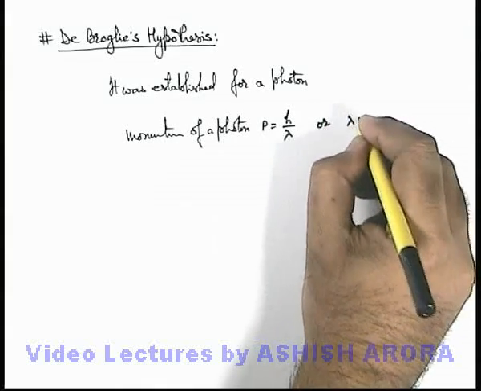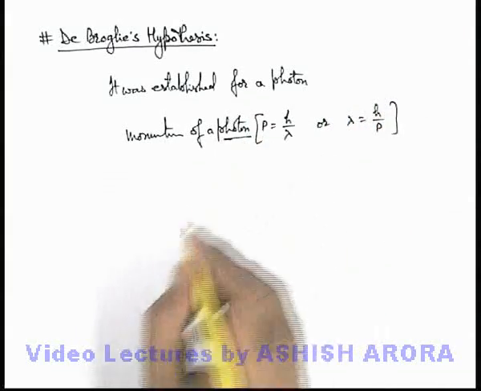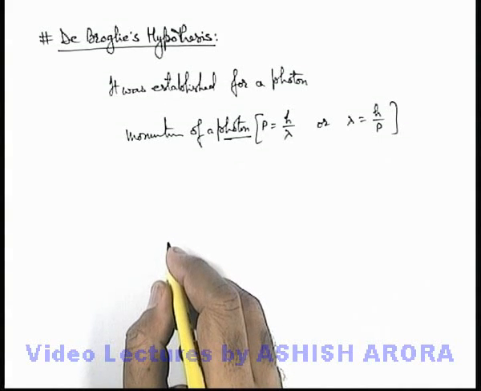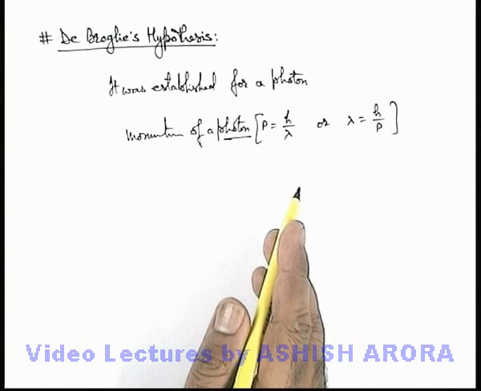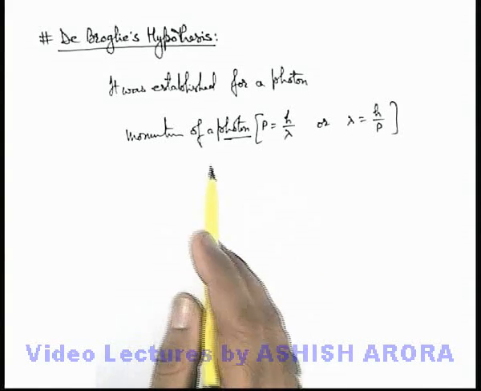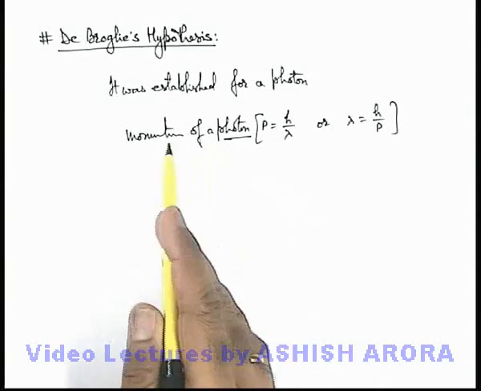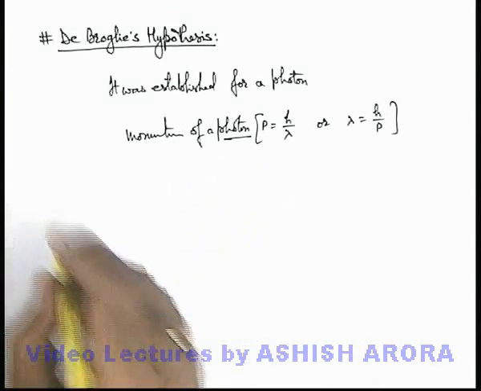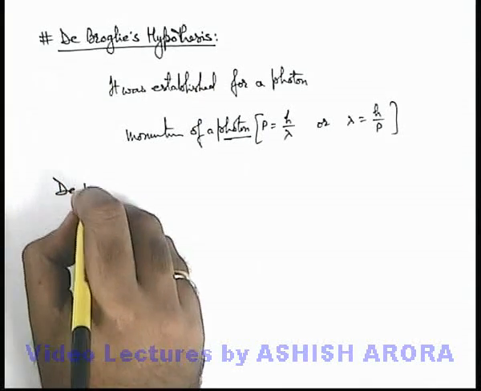or we can write the wavelength as h over p. These were the relations which were established for a photon. It was also analyzed by various experiments, like the photoelectric effect, that photons also have inertial character, although a photon is a particle of electromagnetic wave. Similarly, in the analysis of de Broglie,